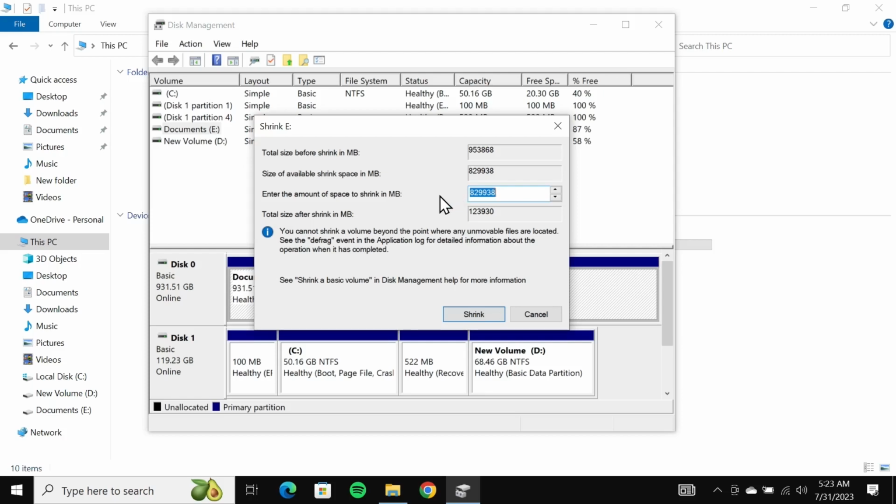Now that it is ready, all I have to do now is write this space in megabytes. So if I want 10 gigabytes, I'm going to have to write 10,000, and that means 10 gigabytes. But I'm going to do a 50 gigabyte drive, so I'll just write 50,000, which means 50 gigabytes. Now all I need to do is click on shrink,